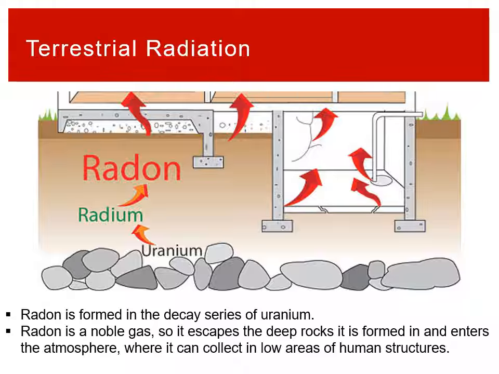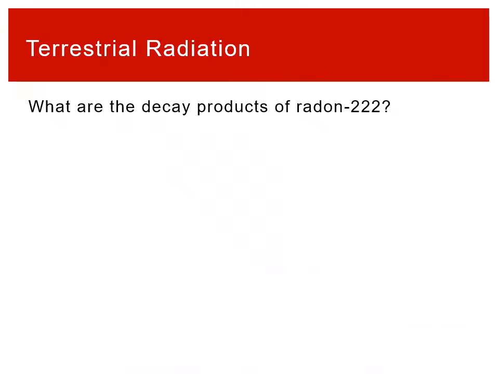So these radon nuclei are unstable. Radon is big, it's unstable, and so it's going to be radioactive, and it's kind of just hanging out in the air. So what are the decay products of radon? This is the most common form of radiation exposure. Well, if we want to know the decay products, we want to start by thinking about why is it radioactive? Why is it unstable? Radon-222 is one of the most common isotopes, and it's the one that forms in the uranium process, or from uranium.